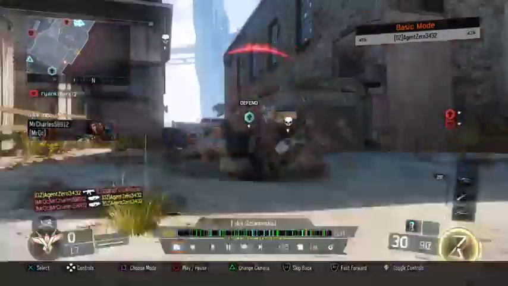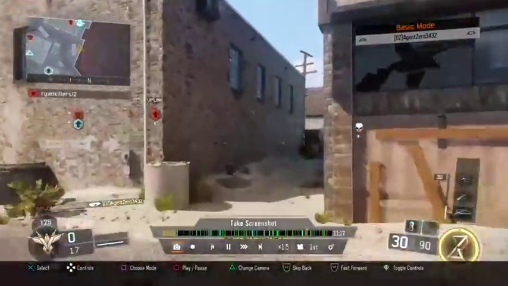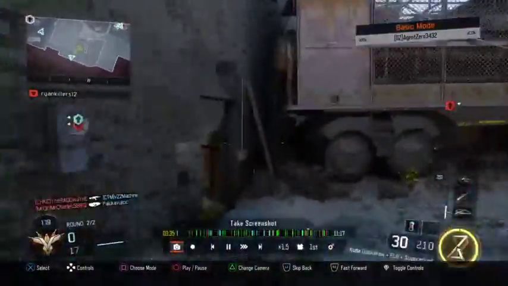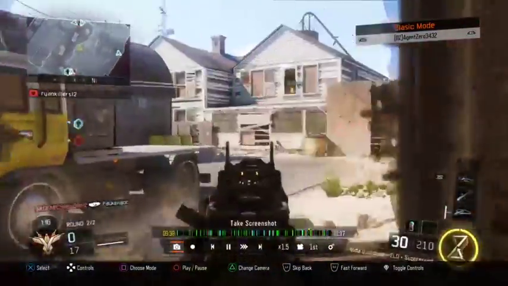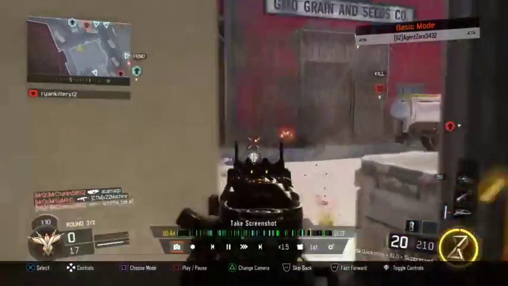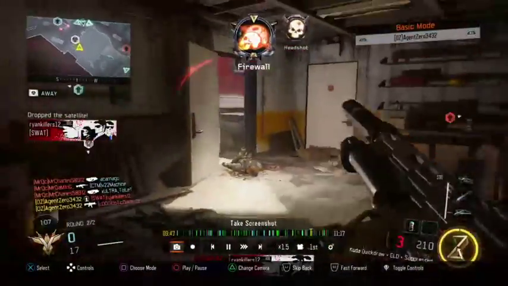And this is where I was really mad, because I spawned and this dude was just right behind me. I'm not even looking at him when I spawn. But either way, like I said earlier, you gotta use that suppressor. It's very important